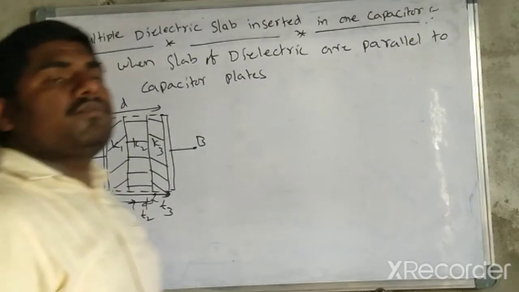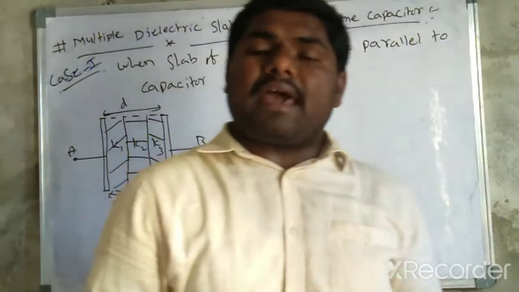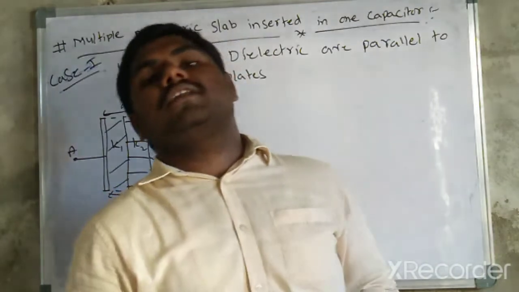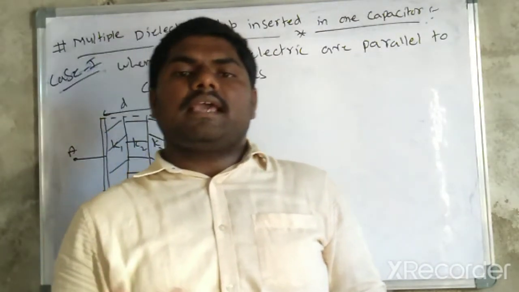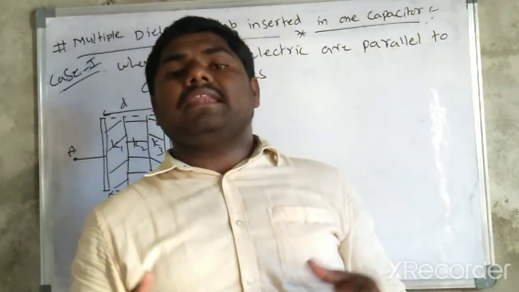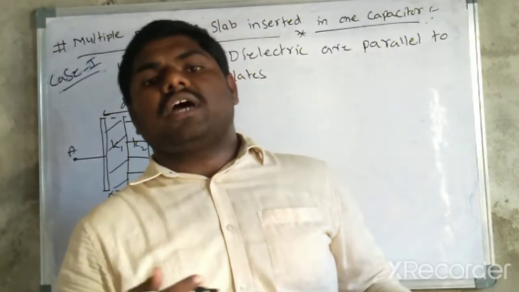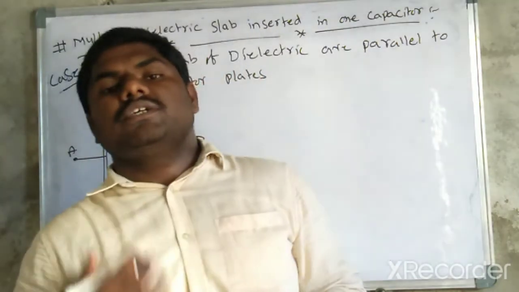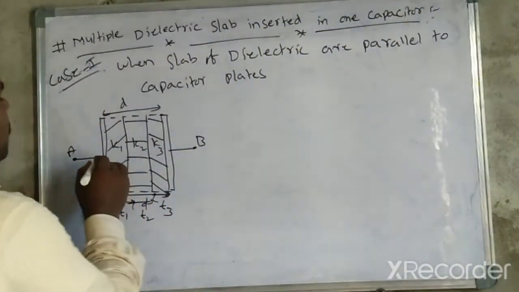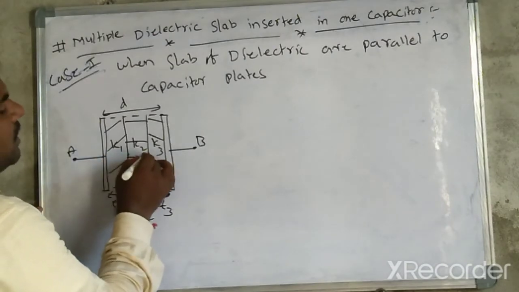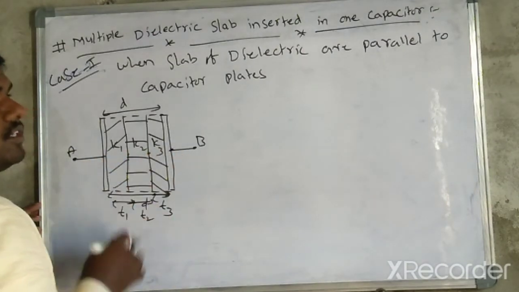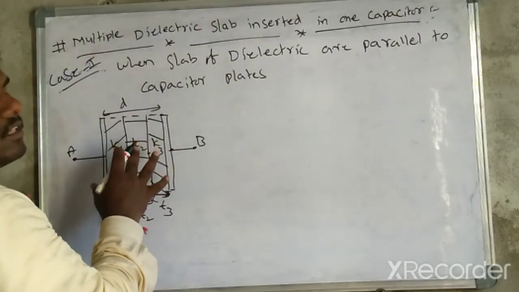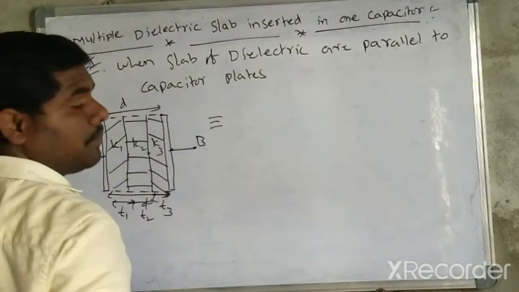Here you may identify whether this connection is a parallel or series connection. How to identify the parallel connection? In a parallel connection, the potential must be the same and the charge different. In a series connection, the potential must be different and the charge the same. Here the potential changes at each point, so this looks like a series connection.